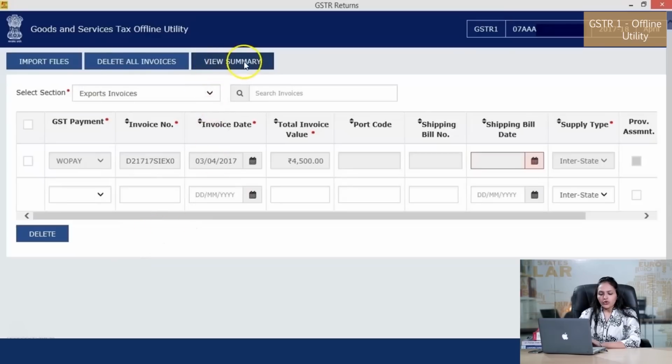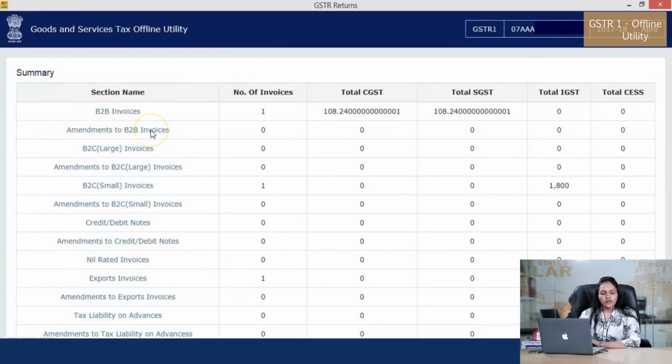Now, I want to view the summary of the invoices uploaded by me. For this, I will click on the View Summary tab. The following window opens up. Summary is displayed. Number of invoices against relevant sections of the return is displayed. Also, the total tax liability for each of the sections, that is B2B, B2C, etc., is displayed under each tax type. Under IGST,